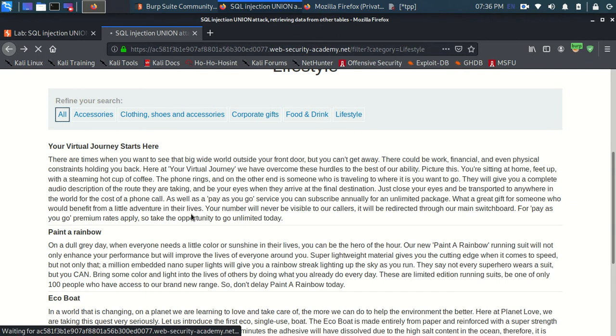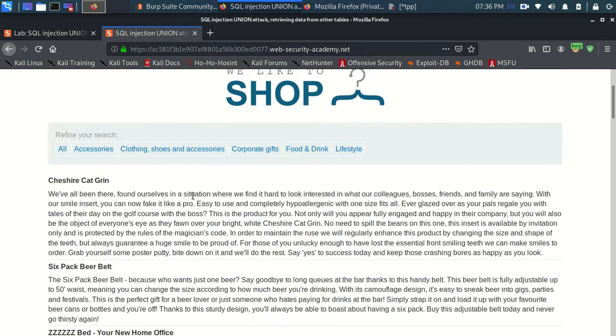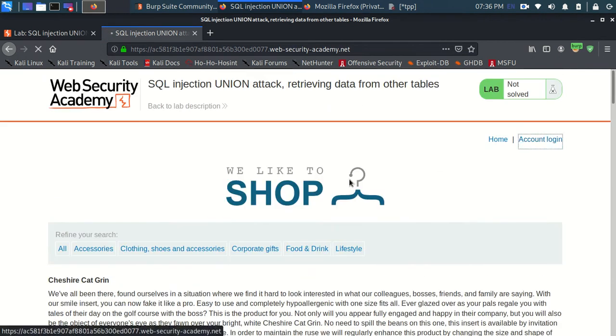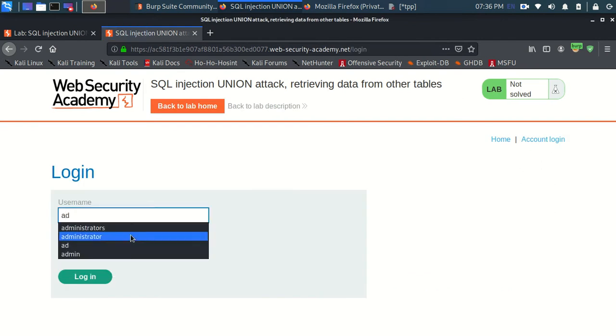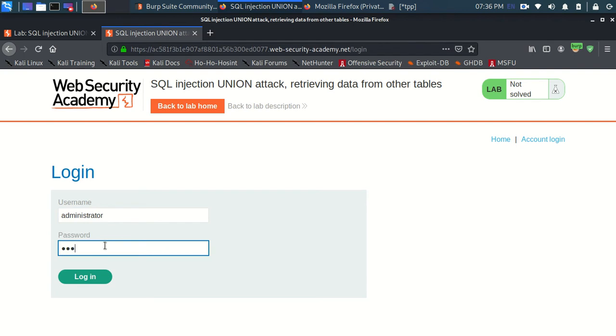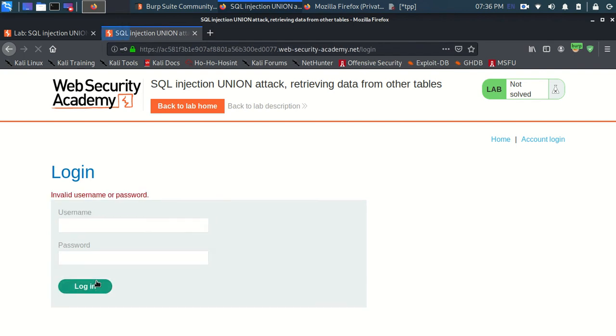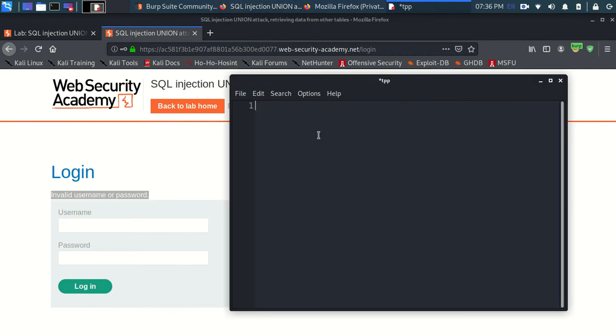Yep. So let's try to log in here with administrator and a random password, and it's giving an error. Whichever username and password we try, it's going to compare it with a table known as users, which I think is the default name, and maybe the users table has many columns.